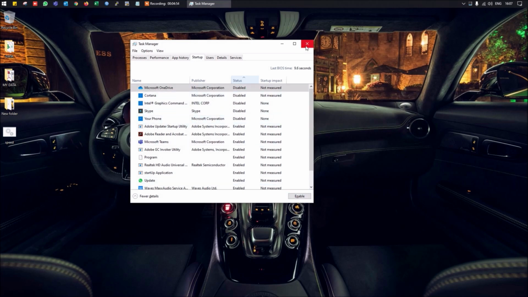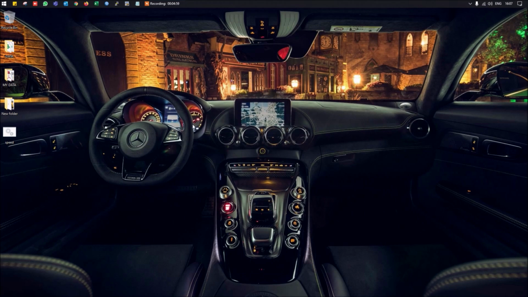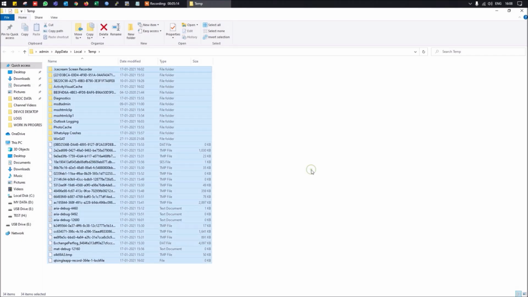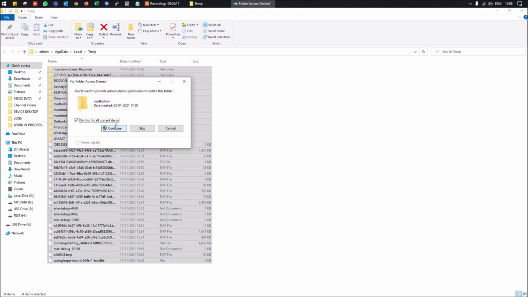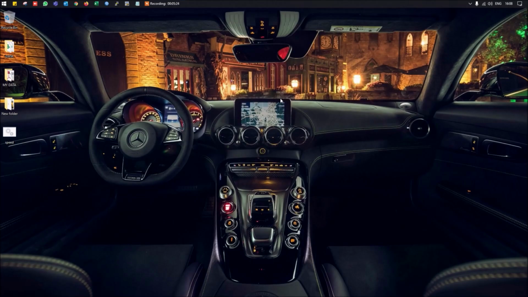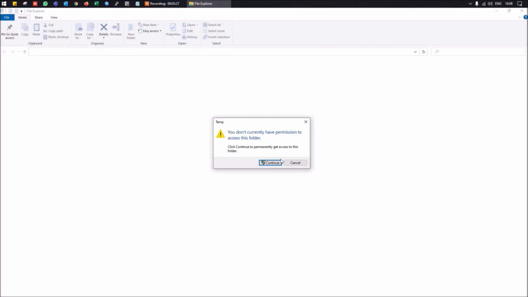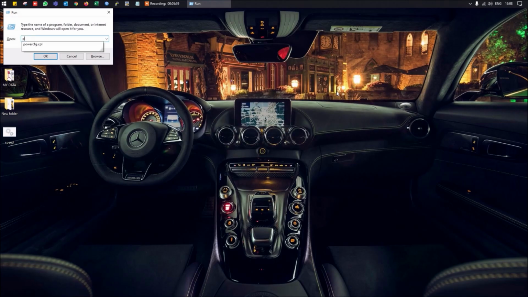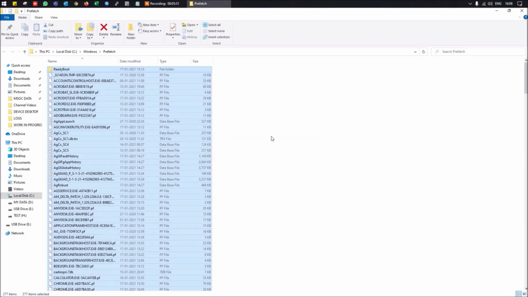This way you can also improve the performance of your machine. Next, delete the unwanted temporary files. This is something we generally do on our machine. We simply go to the Run command and type %temp% to delete all the temporary files. You can simply select all and delete all the temporary files from the machine. You can use %temp%, and you can use temp to delete the other temporary files. The last one is prefetch. Whenever you are facing the problem of slowness of the machine, you can just delete all those temporary files. This will instantly improve the performance of your machine.